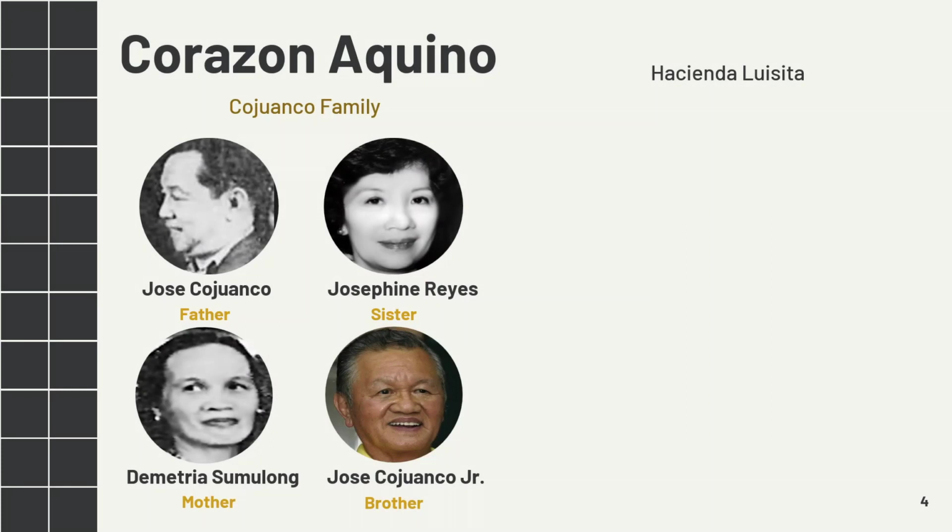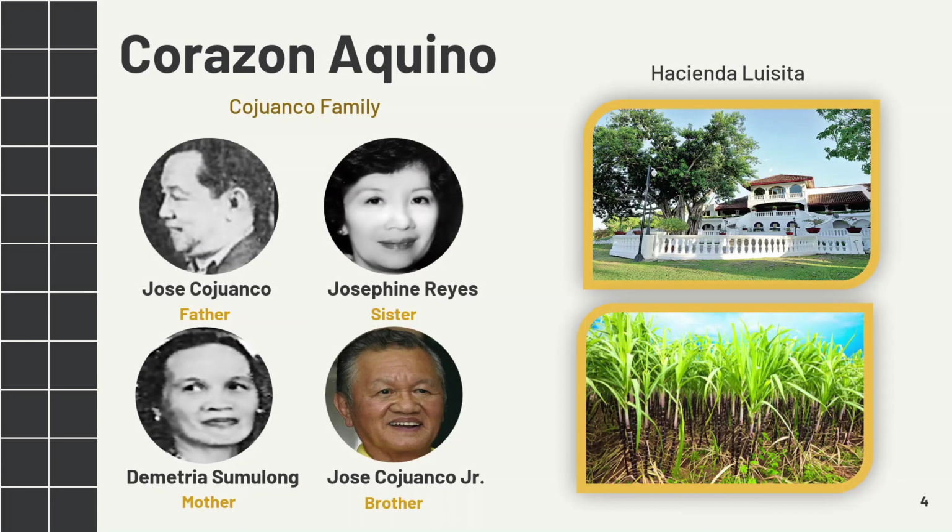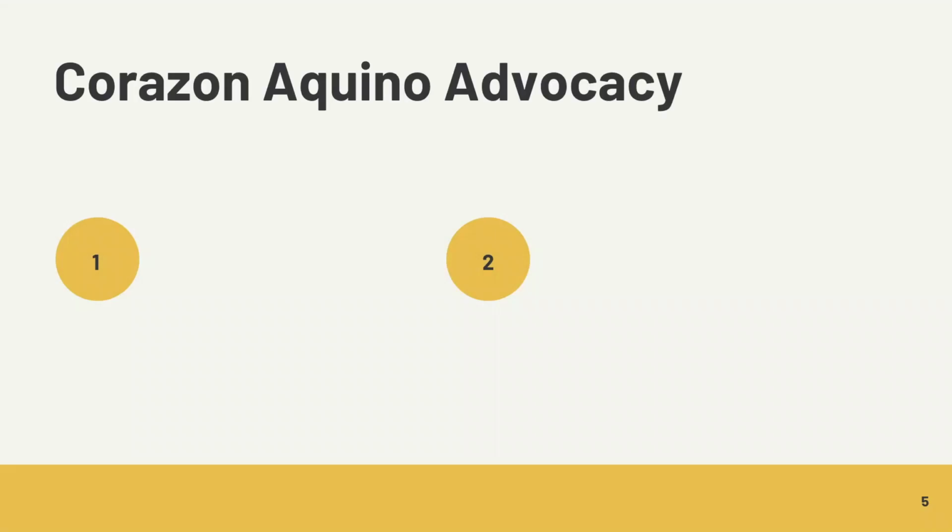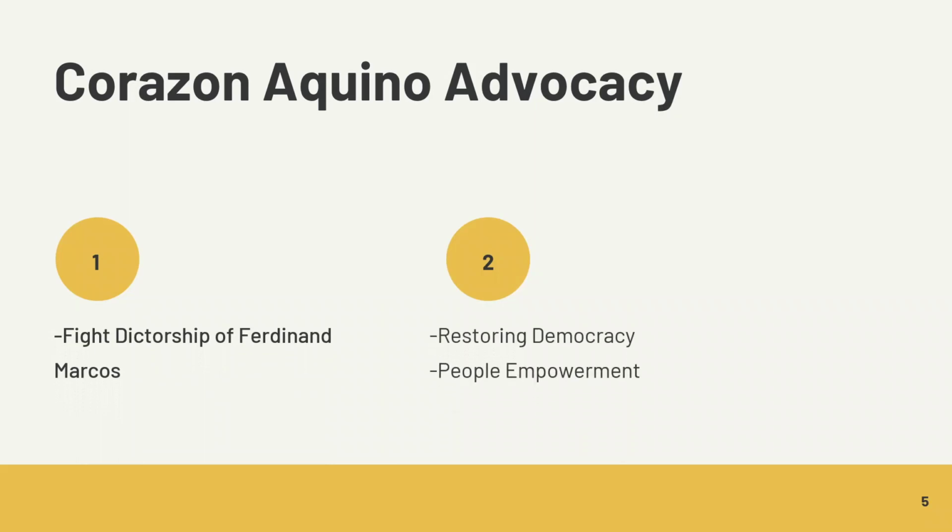Another thing, galing siya sa mayamang pamilya na Cojuangco family from Tarlac who owns Hacienda Luisita. They owned a vast portion of land of sugar plantation and their relatives occupy local and national government positions. So, kung i-compare natin siya kay Ferdinand Marcos, he is well-rounded about politics although her husband was in politics before he was assassinated. Isa sa advocacy ni Cory is to fight dictatorship, Marcos, yun nga. So that yan ang naging rason niya upang tumakbo bilang presidente ng Pilipinas.